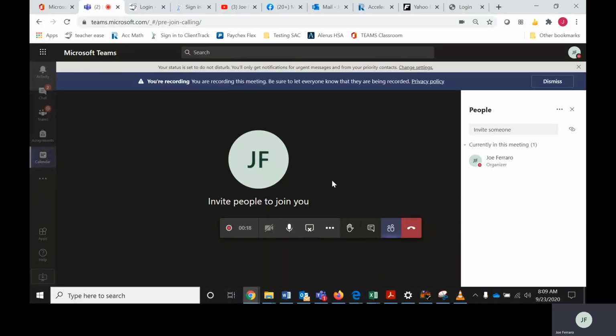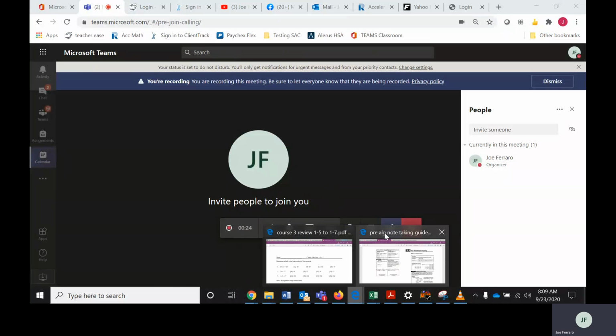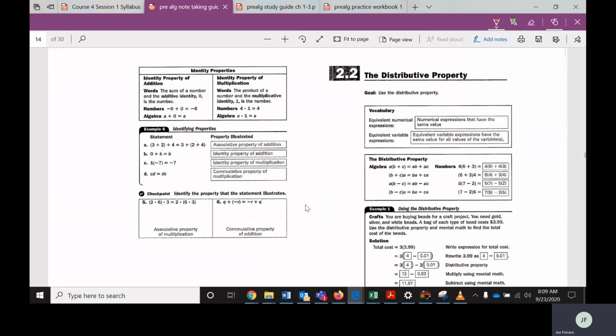Hello, everyone. We are going to look at lesson 2.2 today. It's on the distributive property. This is something that I'm sure you all have seen before, and it's usually about half and half. Either you understood it and you can do it pretty well, or it didn't make sense and you struggle with